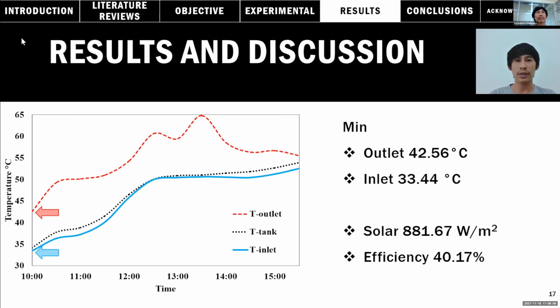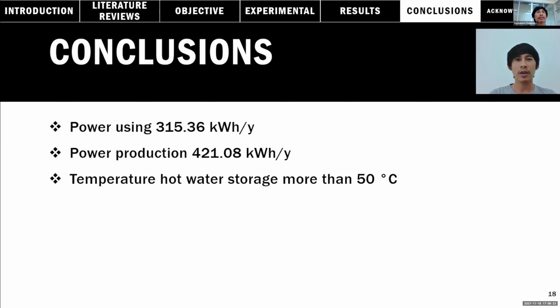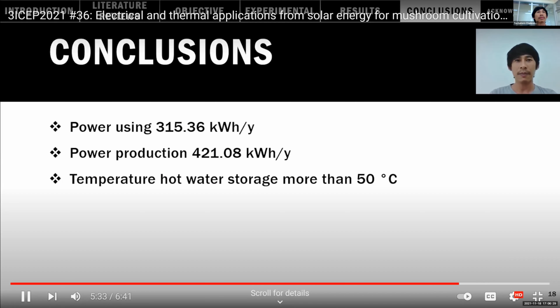33.44 degrees Celsius. The all-day solar radiation average is 881.67 watts per square meter. The efficiency of the solar hot water system was 40.17%. The conditions control in the mushroom house was designed to use solar energy in the electricity and heat generation